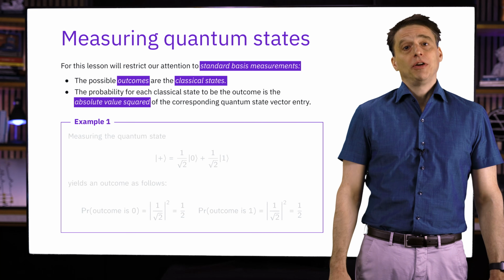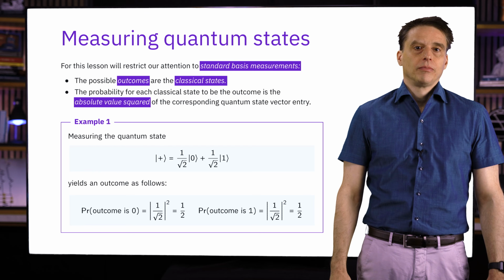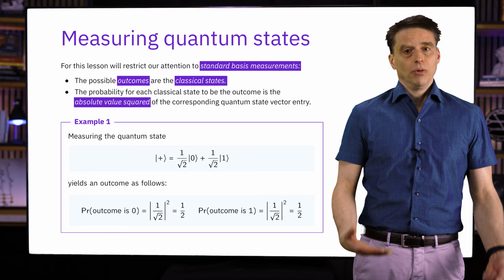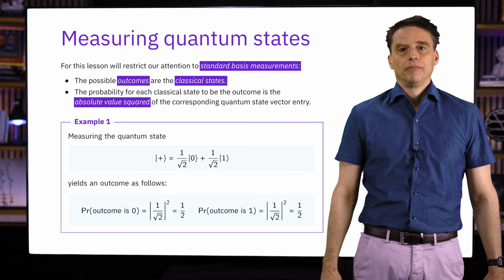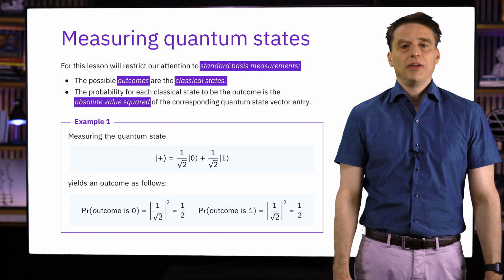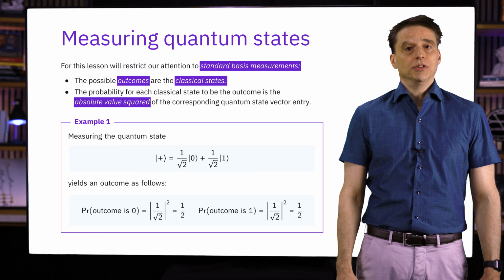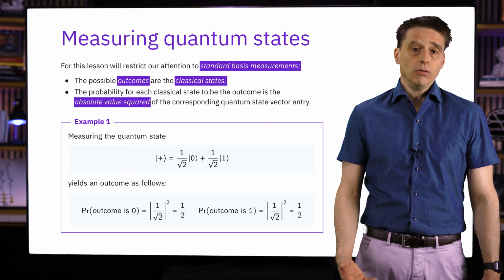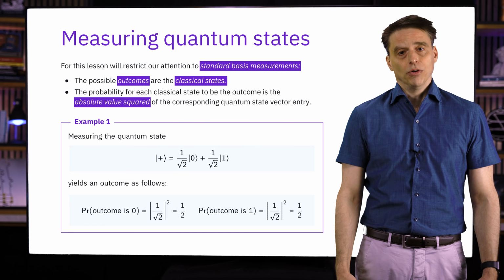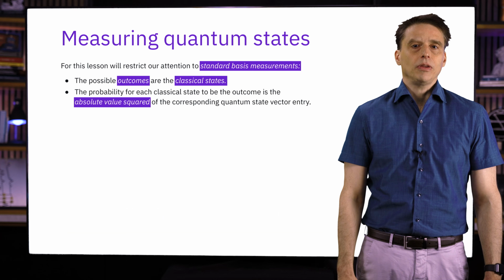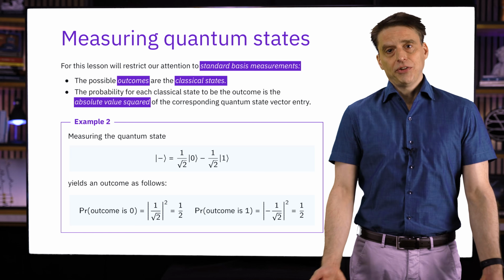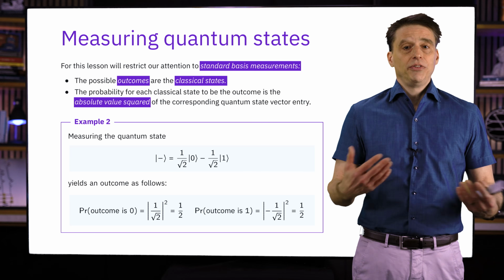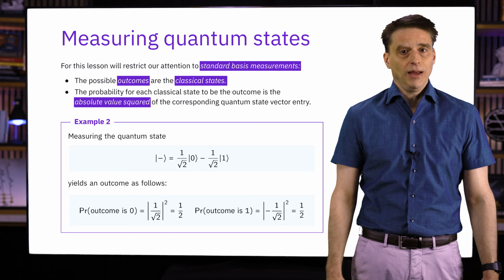First, suppose we have a qubit in the plus state. If we measure this qubit with respect to a standard basis measurement, we get either a 0 or a 1 as the outcome. The probability of getting a 0 is the absolute value squared of 1 over root 2, which is 1/2, and that's the same probability of getting a 1. So, if you measure a plus state, you'll get a uniform random bit. If the system is in a minus state rather than a plus state, then measuring works in exactly the same way. The probabilities are again 1/2 for each possible outcome.